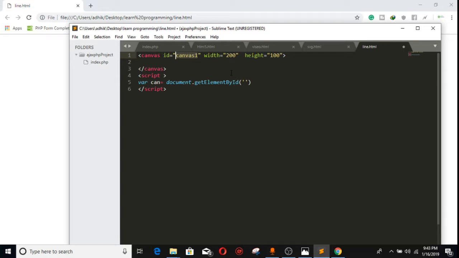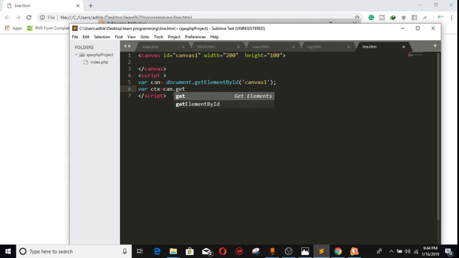Copy it and paste it over here. Put the semicolon. Okay, var ctx for the context, and it's equal to can.getContext,